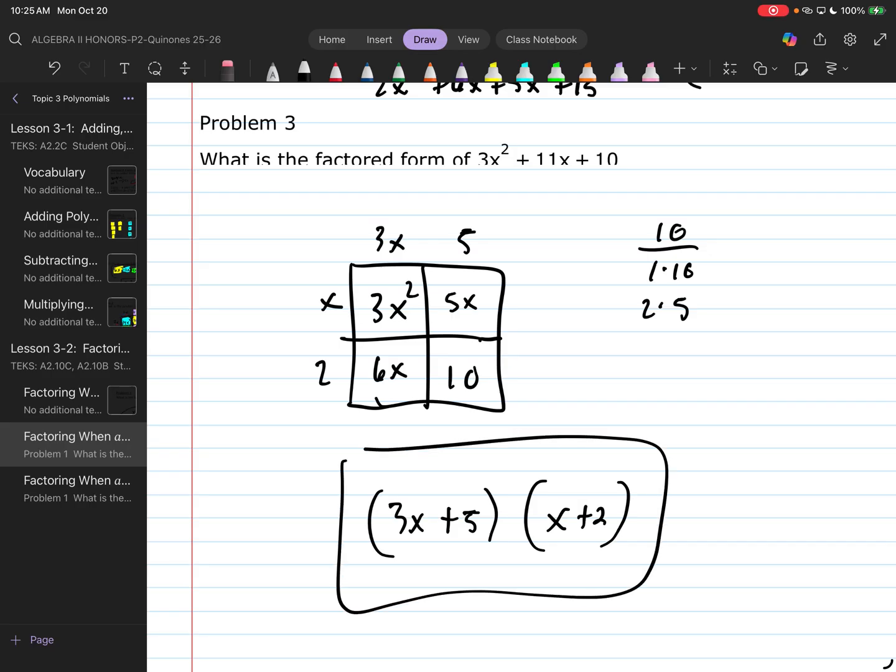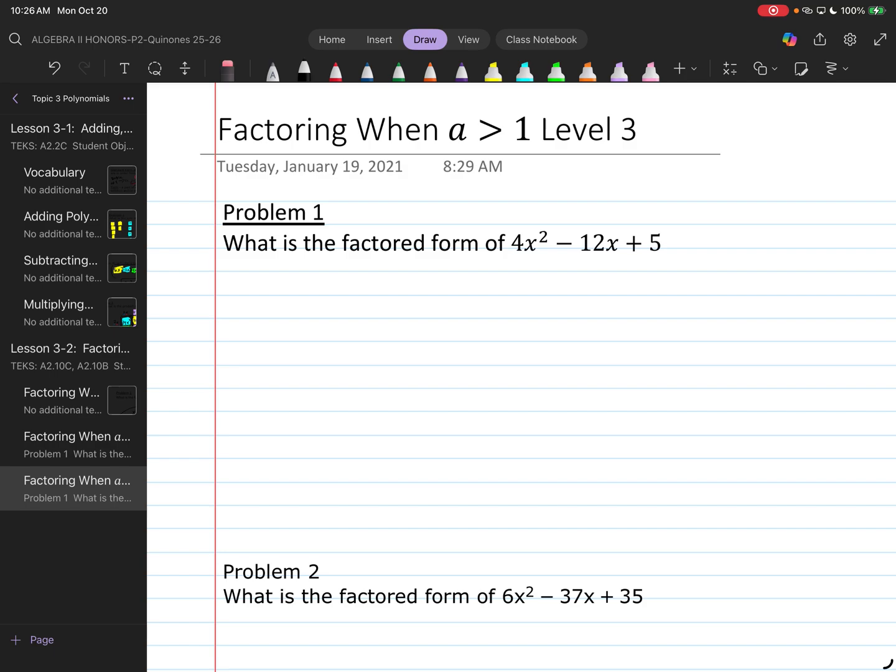All right, everybody, here we go. Here is my final answer. 3x plus 5 times x plus 2 gives me the factored form. How do we feel, everybody? Good? Okay. That is technically level 1 for this type of problem. We're just going to skip right into level 3. Okay? Now,